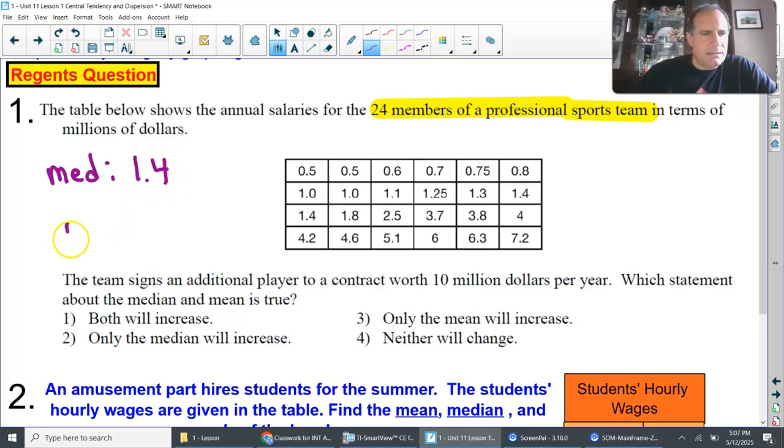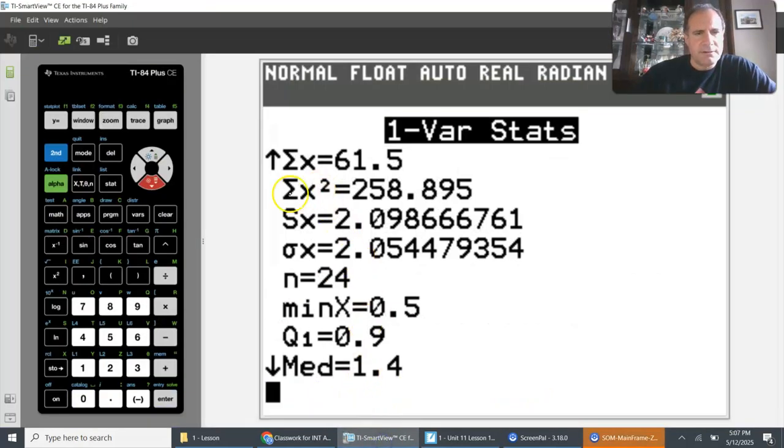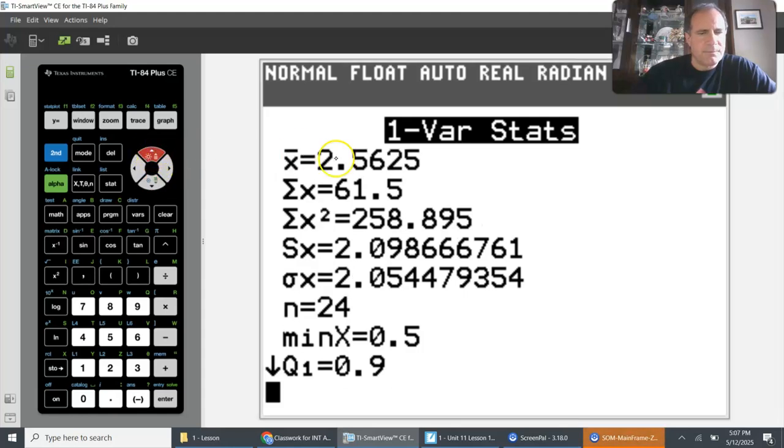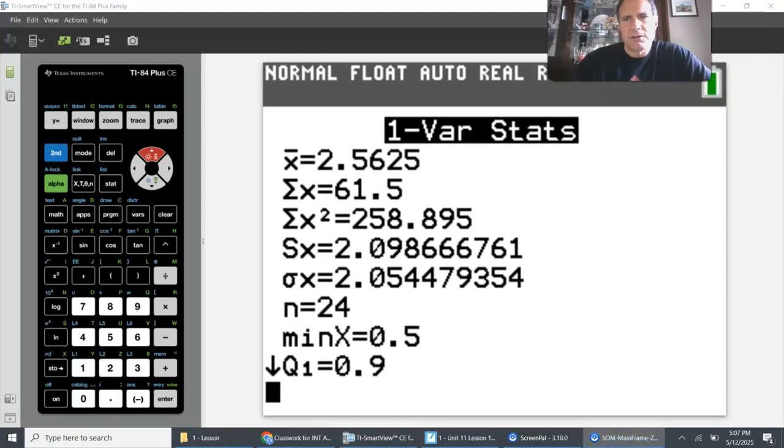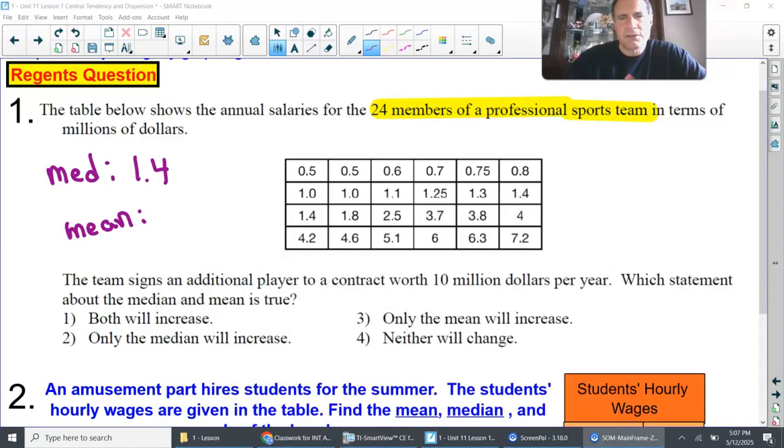The mean, which is the average, which is that X with the line on top, is 2.5625. Now I'm going to add another